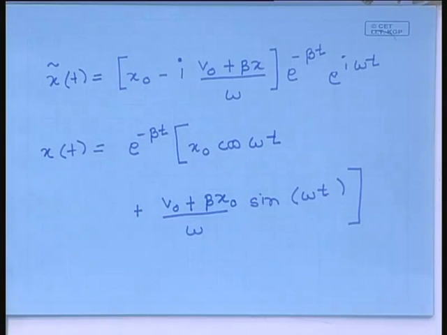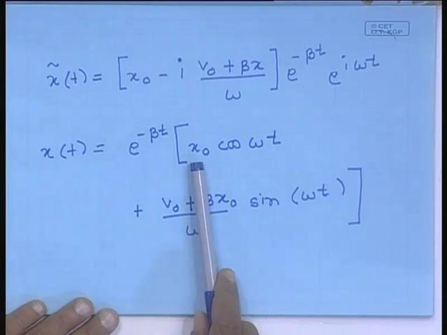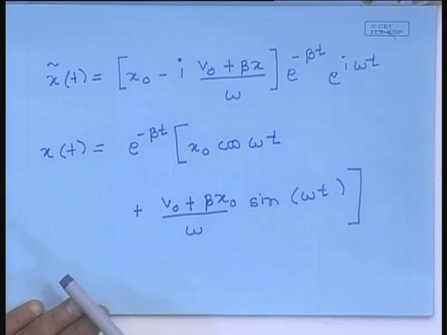Notice that there is a big difference from the situation where there is no damping. The big difference is that if a particle starts from rest at t equal to 0, it has got only a displacement. So, I have taken a particle, displaced it from the origin and left it, and I want to study its motion. I want to see its position as a function of time. If there is no damping, we know that the solution is cos omega naught t.